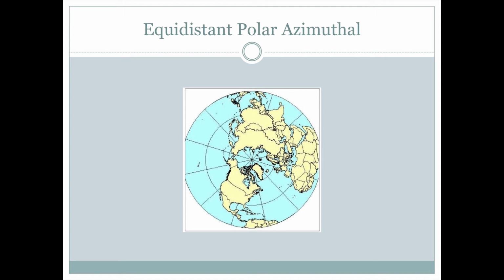This is an equidistant polar azimuthal map projection. Azimuthal means it's projected onto a flat plane. Polar, in this case, indicates that it's centered at the North Pole. And equidistant means that the distance from this point to any point along any line of longitude is going to